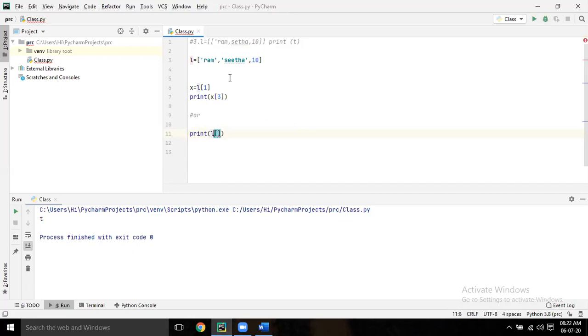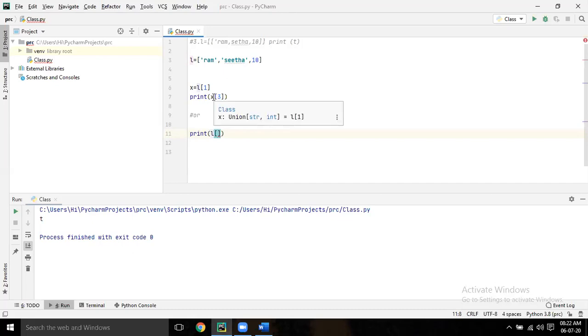You have written print X of 3. X means this one, sir. L0, L1, L2. No, what is X? X I've taken as a variable. This name, sir. Correct. What is the value of that variable X?